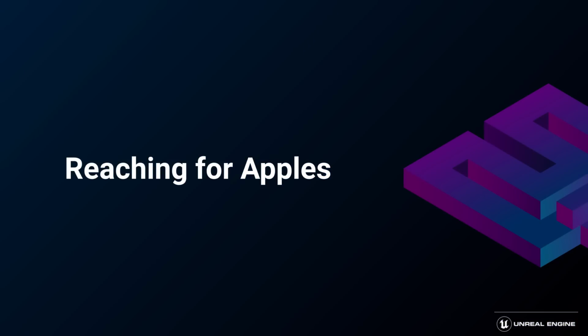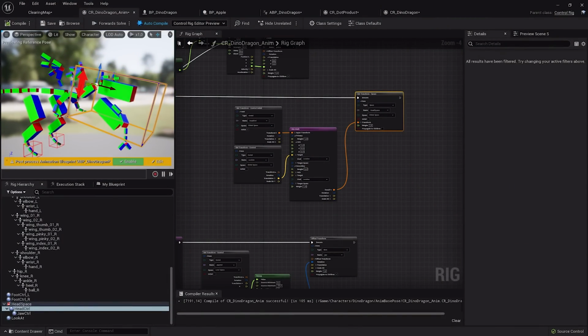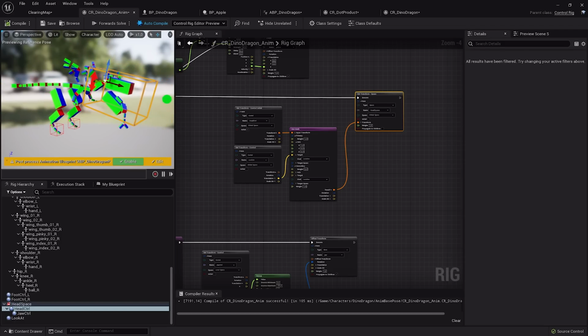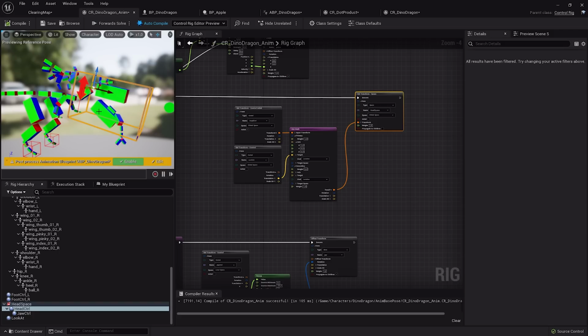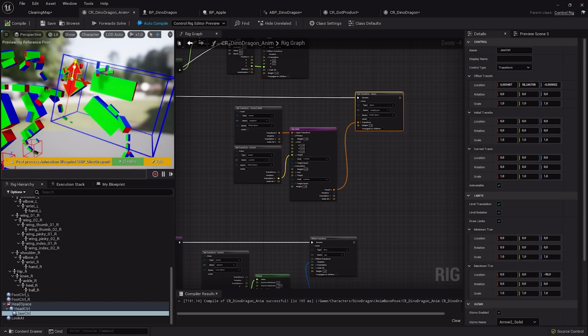It is well known that blue dragons love red apples, which gives us an opportunity to show how the full body IK solver can work to reach positions in the world. Let's go first back to our very first control rig we made, because I want to show something with the animation blueprint. As you can enable it in all the viewports, we can also do it here in the control rig editor. And if I do so and add a little bit of jaw control, you can see his tongue and all this physics is working on top of what I'm doing here.